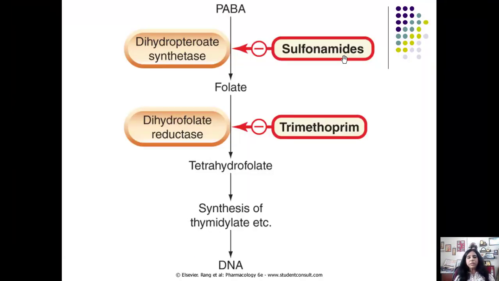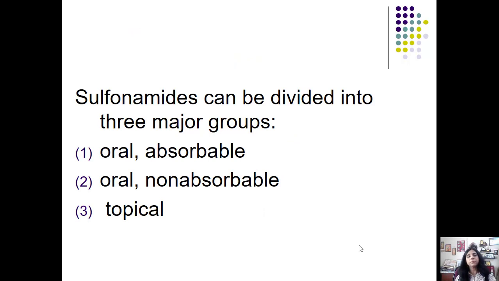Now this is the other thing which is shown, the same thing, that PABA gets incorporated via the enzyme dihydropteroate synthetase to form folate or dihydrofolic acid, and this folate is converted by dihydrofolate reductase, which is inhibited by trimethoprim in the bacteria and methotrexate in the humans, to tetrahydrofolic acid, which is responsible for synthesis of thymidylate and subsequently DNA synthesis. So that is the mechanism of action, students, of the sulfonamides.